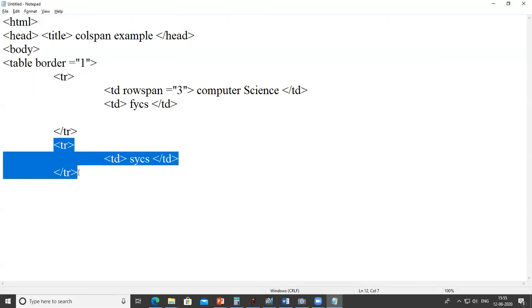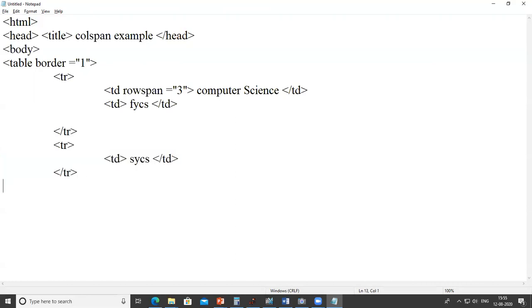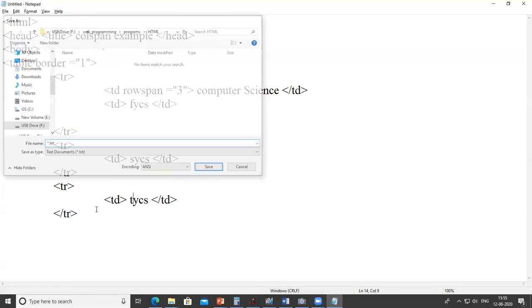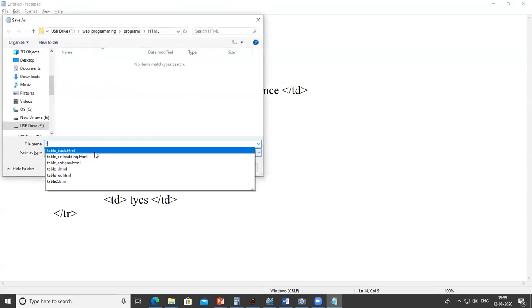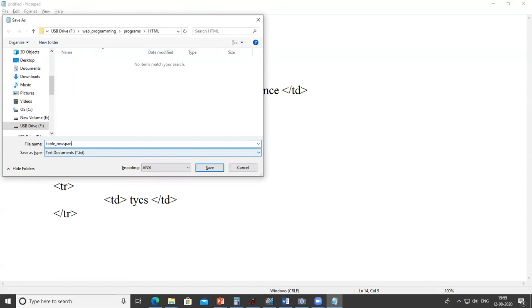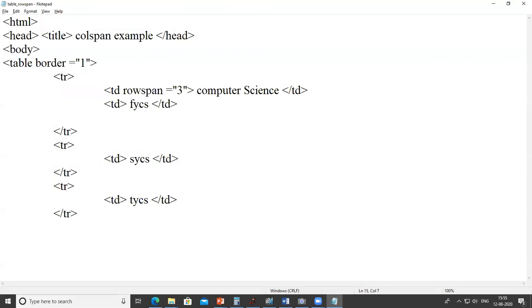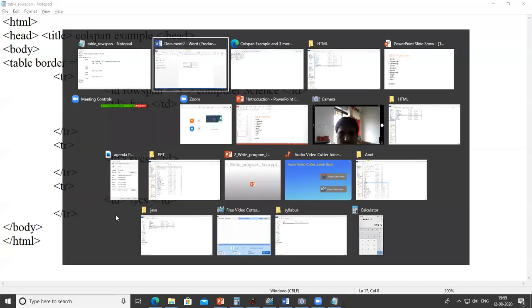Same, Control C and Control V. I write here TYCS. Okay, so save table underscore rowspan dot HTML. And save this. After that, close the body tag and close the HTML. So let's see its output.